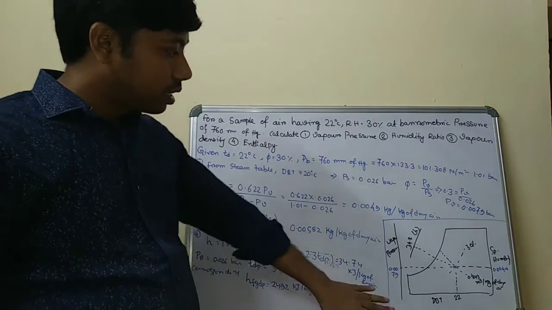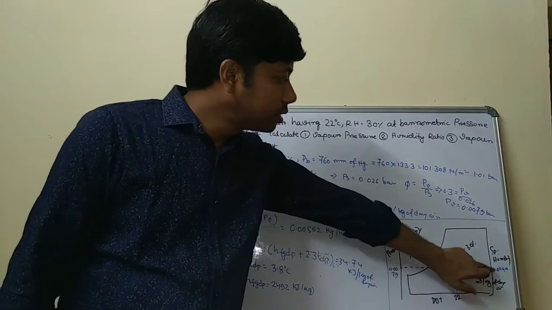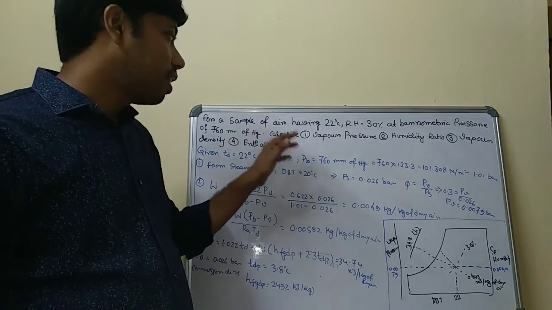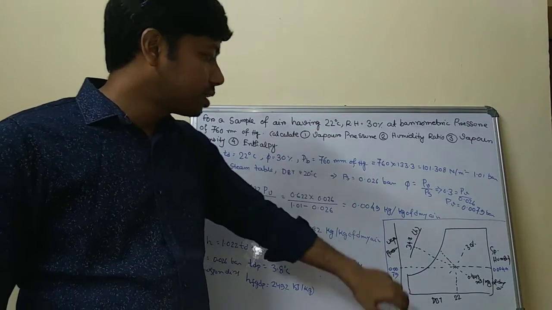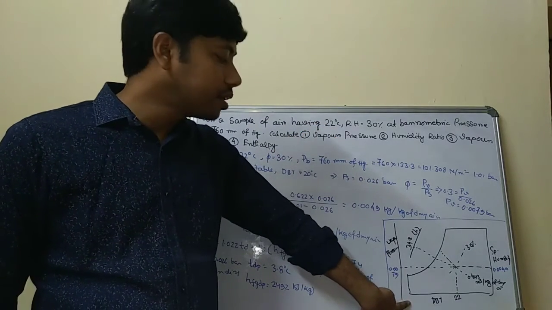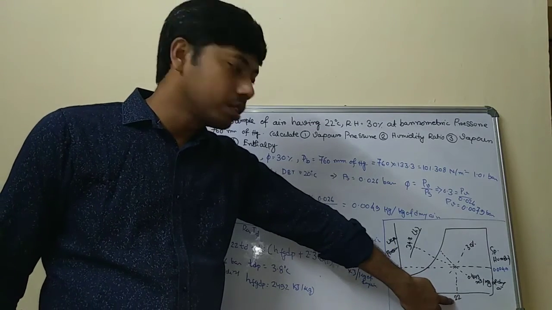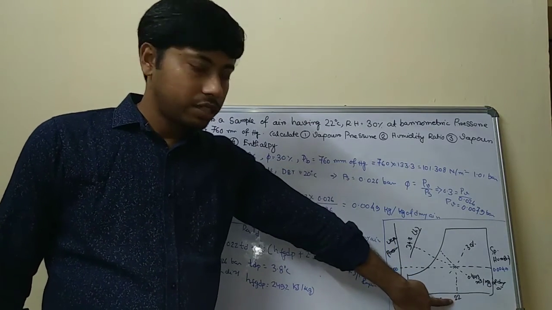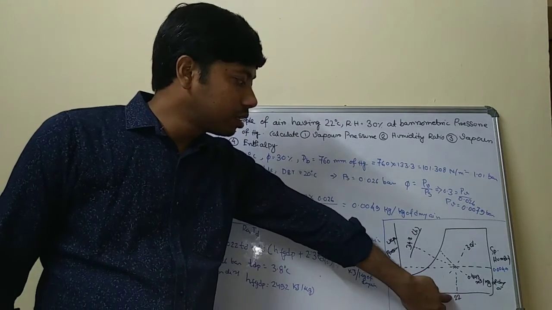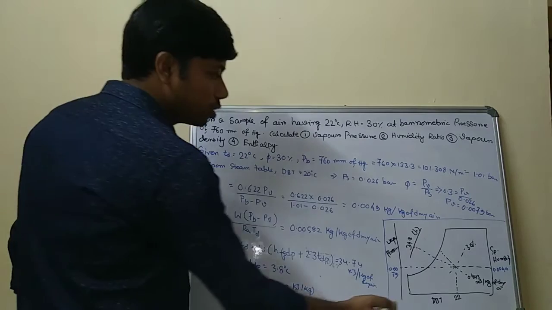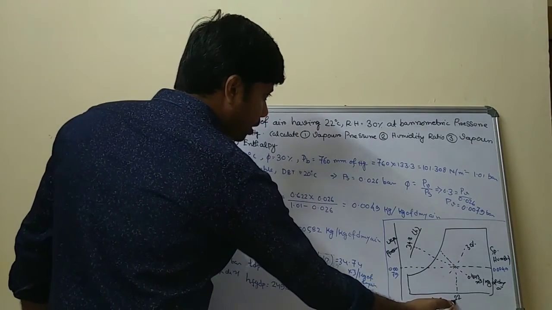because as you know, this is your dry bulb temperature, and this is your specific humidity. Now, what is given in the numerical is 22 degrees Celsius dry bulb temperature. Suppose the scale starts from minus 10 up to 15 degrees. Suppose this is your 22 degrees Celsius. It may be here or here also, but here we are taking 22 degrees Celsius as the dry bulb temperature.